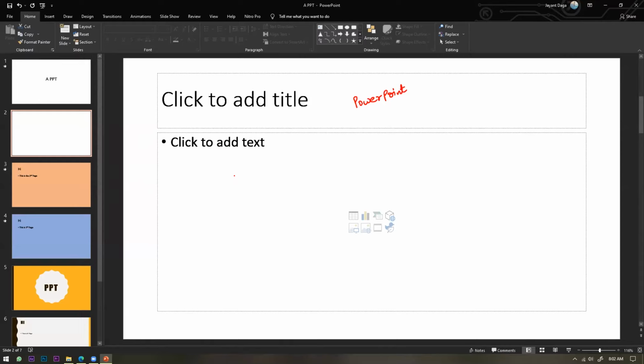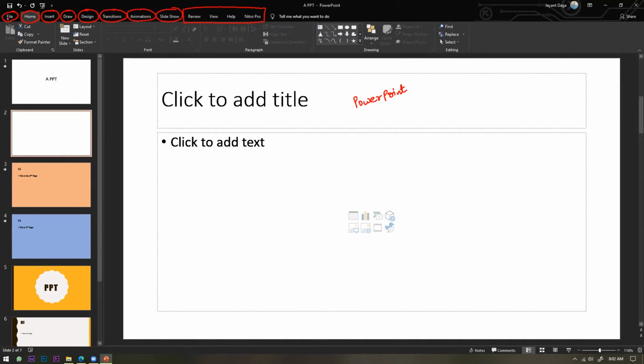Okay. Okay, sir. Yes. See now, this is PowerPoint. This is the home screen of PowerPoint. Okay. There are many options. We here have file option. Then we have home option. Then we have insert option. Then we have draw option, design, transition, animation, slideshow, and these are not for our use. Okay. We have to learn these many.